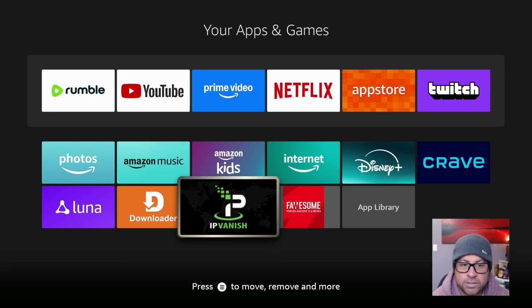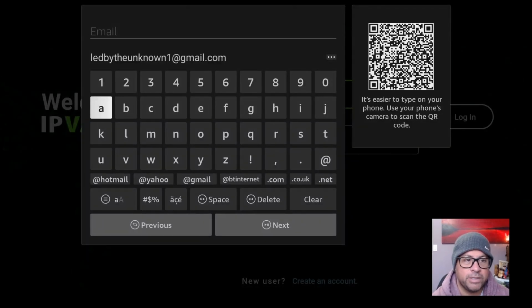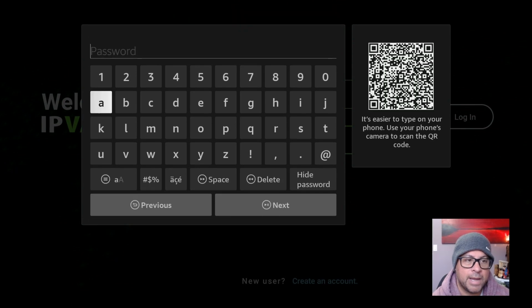And first thing first, before we open up these applications, now let's log into IPVanish. Guys, if you don't already have your own personal login, please use the description below or get out your phone and scan that QR code that's popped up on your TV. In order to log in, we type in our email. And our password. Once we have logged in,